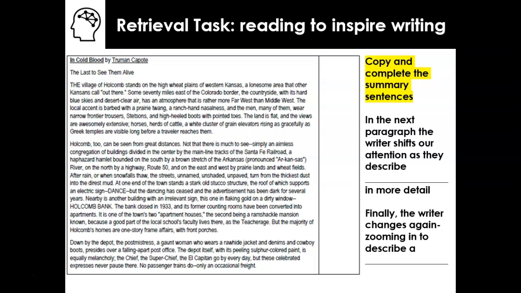Okay, so what can we say then? Let's have a little think. So in the next paragraph, the writer shifts our attention as they describe in more detail. Okay, so what are we getting more details about? The actual village of Holcombe itself. Brilliant. So we get this physical description of Holcombe, the description of the town, how it's laid out, the buildings